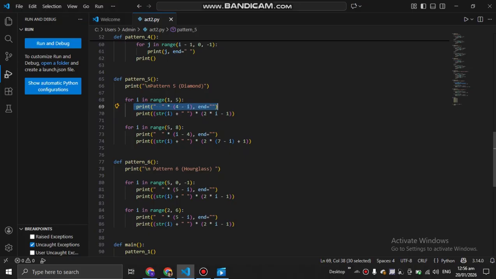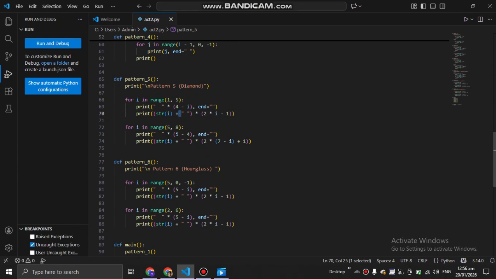Then print string I plus blank space, times 2 times I, end is equals to 1. So this line of code prints the number I multiple times to form the diamond.